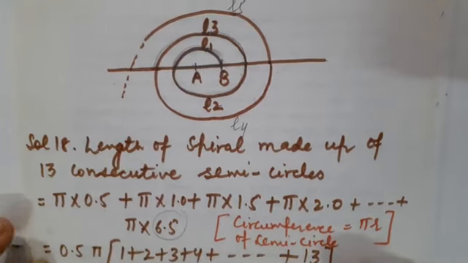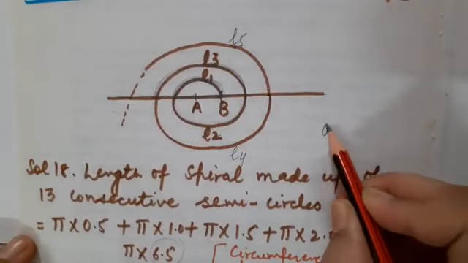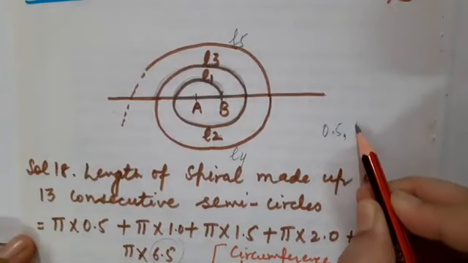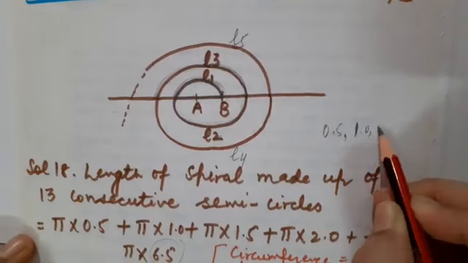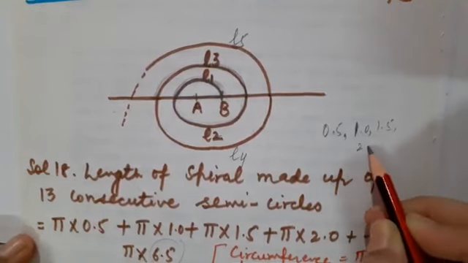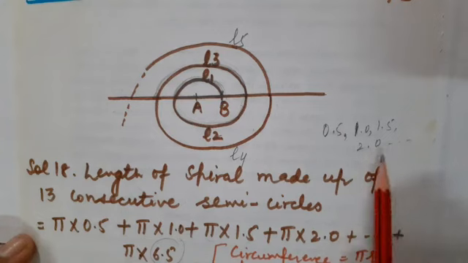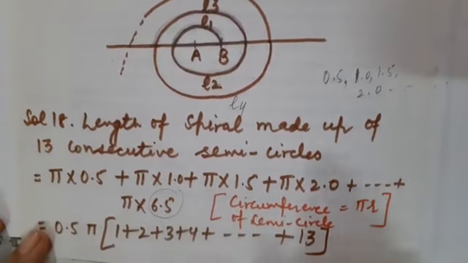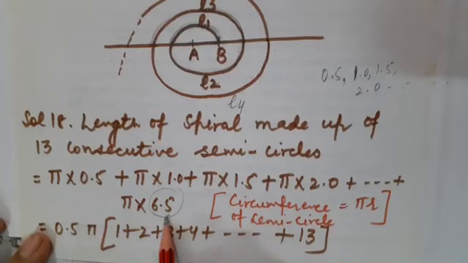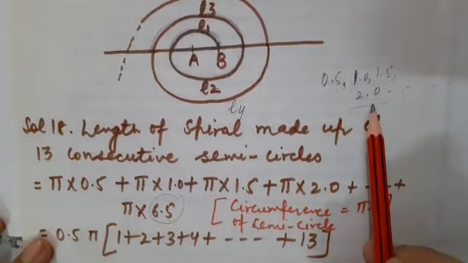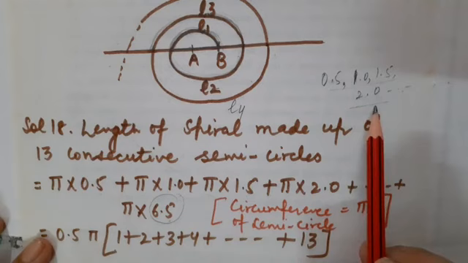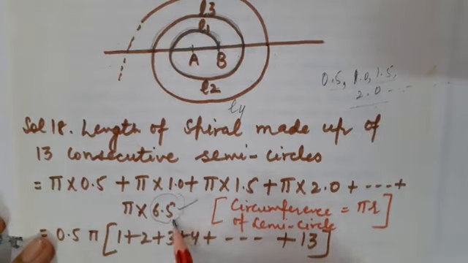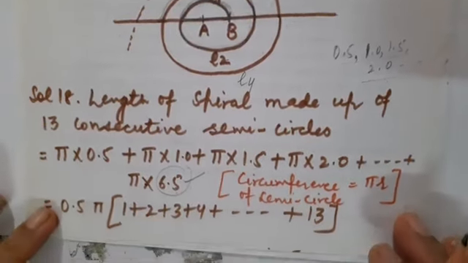Children, can you tell me, if the radius of the very first is 0.5, second is 1.0, third is 1.5, then it is 2.0 and so on, what should be the radius for the 13th spiral? Correct. It would be 6.5. How did I calculate? Children, here you can notice the common difference is 0.5. So it must be multiplied by 13 to know the radius of the 13th spiral. Correct? So it would be 6.5.